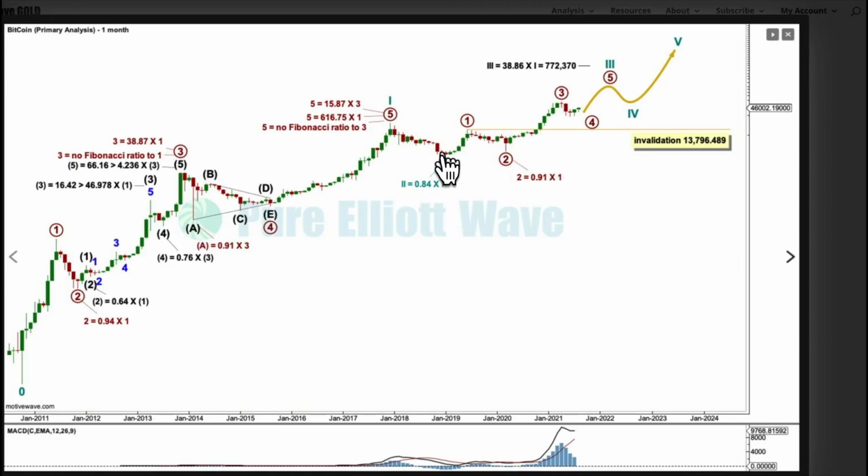This structure, cycle wave 3, must meet a bunch of core Elliott wave rules. Primary 1 is complete, primary 2 may not move beyond the start of 1, and it didn't. It's a 91% correction of primary 1, so it's very deep, and it subdivides as a zigzag. Primary 3 is longer than primary 1, so it won't be the shortest out of 1, 3 and 5. That core rule will be met. It's moved beyond the end of primary 1, that core rule is met, and now primary 4 I expect is unfolding sideways, and it may not move into primary wave 1 price territory below